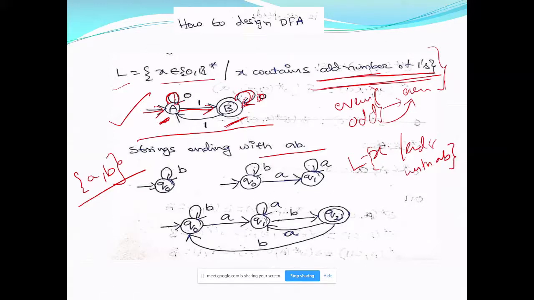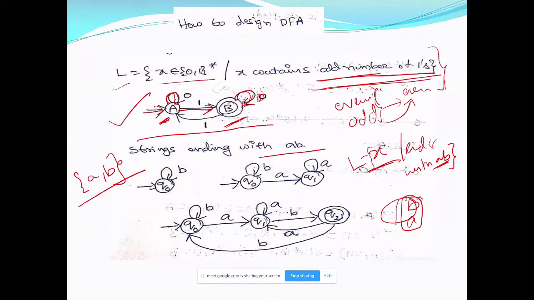Now look at this. If you observe the strings, a string may end in B, or a string may end in A, but the last symbol alone is not what we require. What we require is the last two symbols.